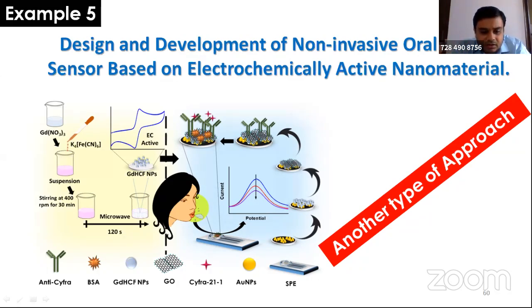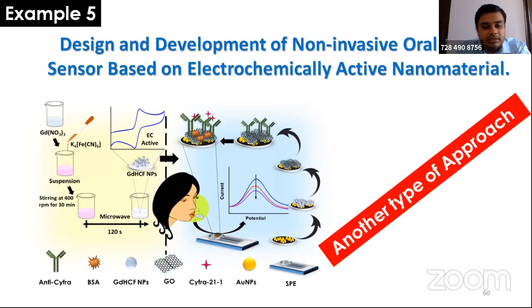When it gives a redox signal, you can get a classical curve of a cyclic voltammogram, what I've shown earlier also, and in this diagram you can see here. So now the point is, if the sensor surface has this material, you will get a signal. But when you load a material which is insulating in nature, there will be a drop in the signal.